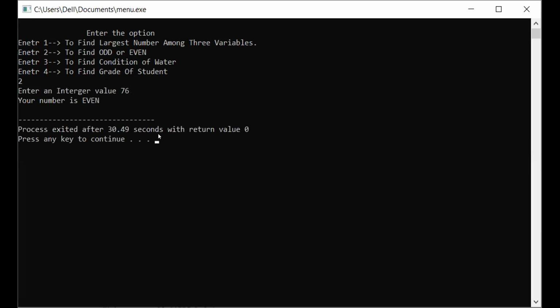Now, one more thing is lacking in the program. What is it? Every time the user inputs an option, the program terminates after completing that. But in the menu program, every time we must go back to line number 1, the menu must be shown on the screen, and the user has to input some number, and there is option number 5 which gives you the exit from this program. Means a loop is to be introduced into this program, then this program will be the complete program and the menu will be executed in that.